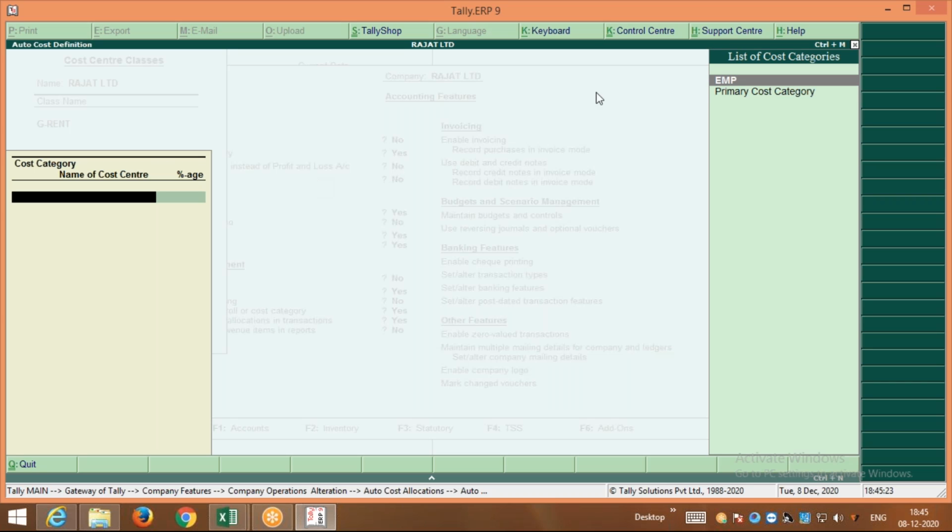So you can create the category, but in some systems this type of categories are not showing here properly. So those people, it will be better first you will create your cost center and cost category, then you will come into this area of the predefined cost center. And now you can create the cost center, yeah, and for the name of go down,